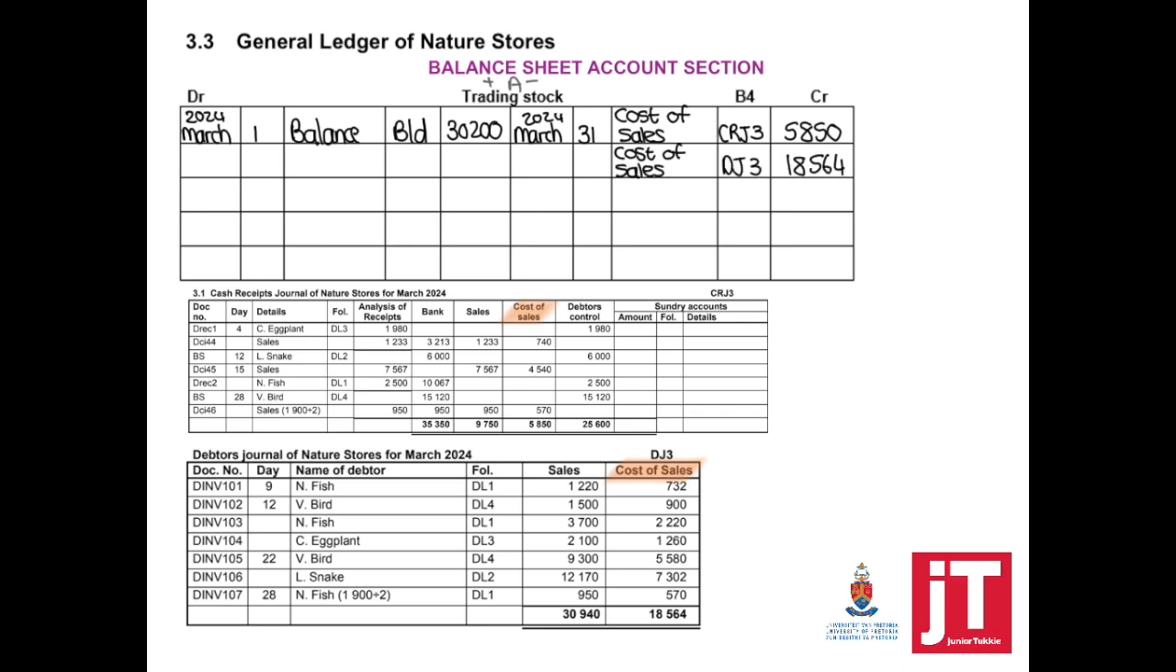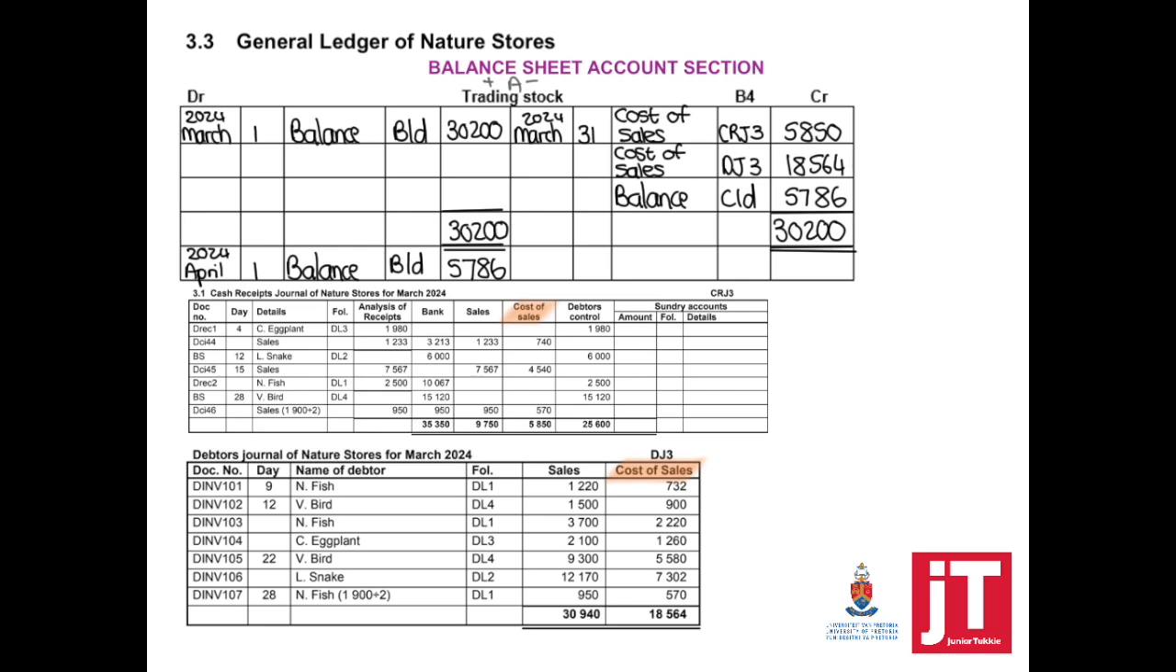Then from the debtors journal, our contra account details is cost of sales and the amount 18,564. At the end of the month, we can balance this account, take the debit, total it. The debit side must be equal to the credit side. The difference is my balance carried down. So this is the amount of stock which I've got available in April on the 1st,